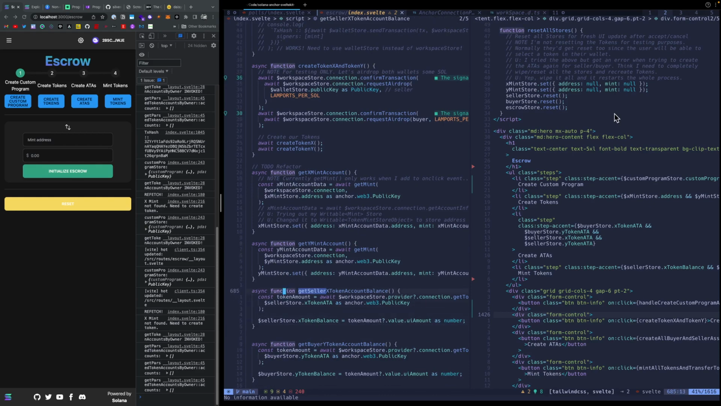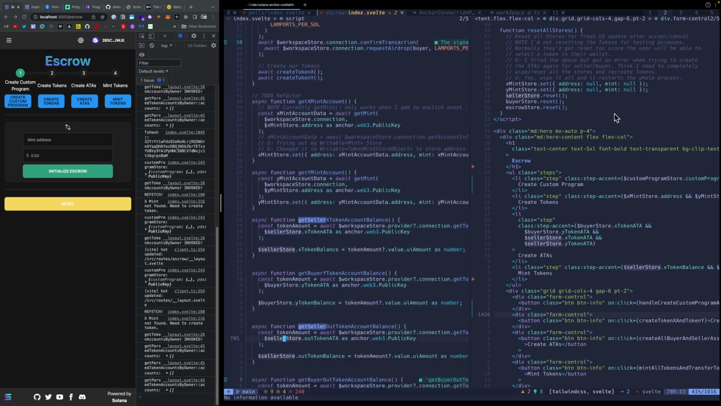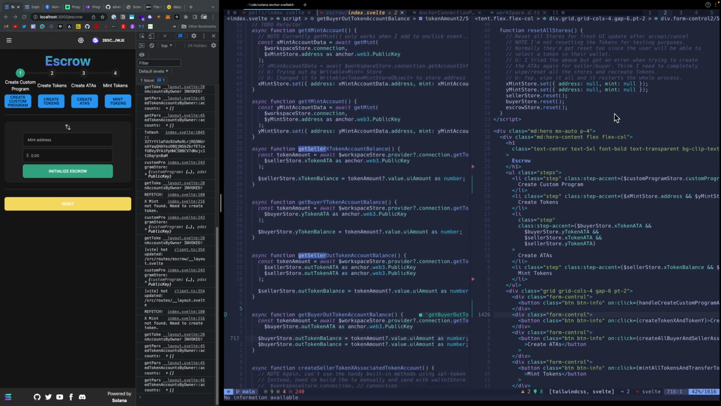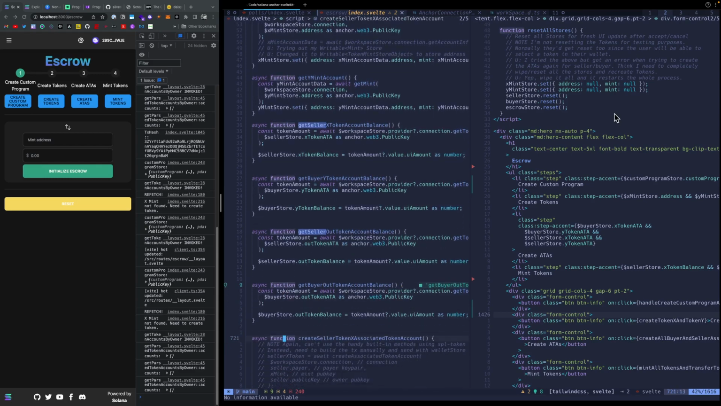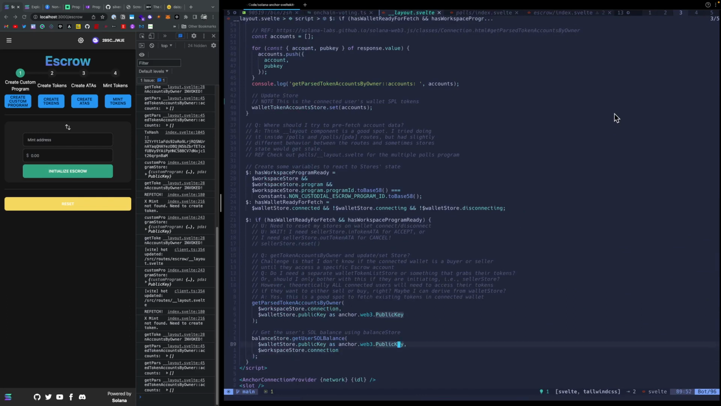Here we're getting the token account balances. Yeah, I don't see this stuff. I don't think I need it anymore. Like getting seller accounts or all this stuff. I don't believe I need that stuff. And the reason why I say that is back to my point, that